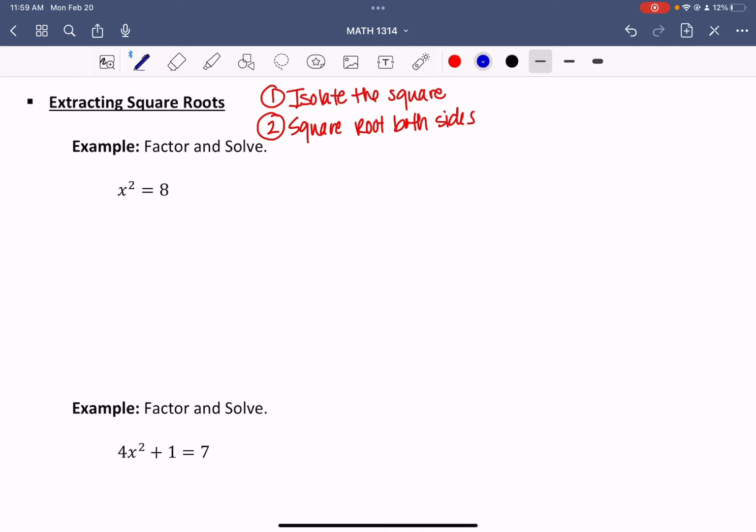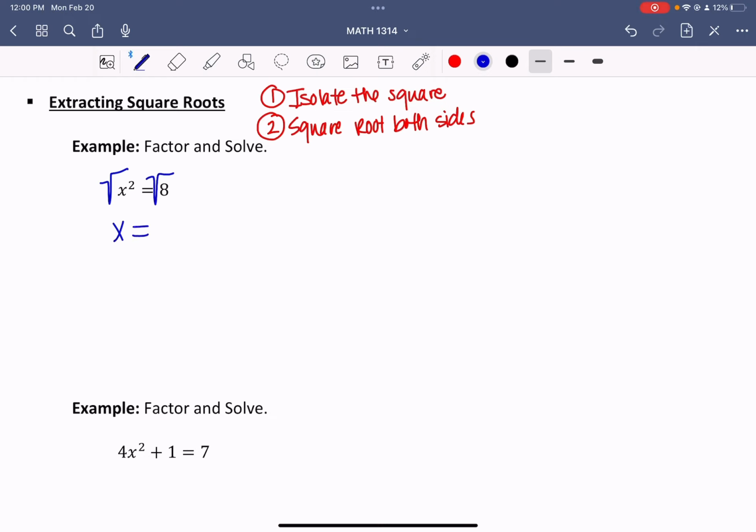So in this first example, it says x squared equal to 8. Step 1, isolate the square. You can see that we absolutely have this x squared by itself on the left side of the equal sign. Step 2, we're going to square root both sides. So we're going to say square root. Square and square root are inverses of each other, so that means they're going to cancel and I just get